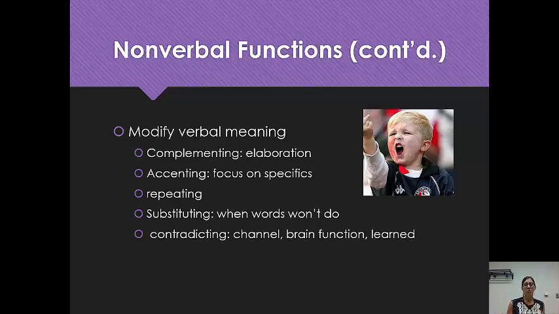So in terms of verbal meaning, we've got things like complementing. So I might elaborate, right? If I say there are 4 urinal spots, I might show you that there are 4. I can also accent, which is what I just did too when I said, right, there's a guy at urinal 3. Where would you go? You would probably go to urinal 1. I'm using my nonverbals not only to elaborate what I'm saying, but to get you to focus on specific things. There are 3 main points I want you to remember.